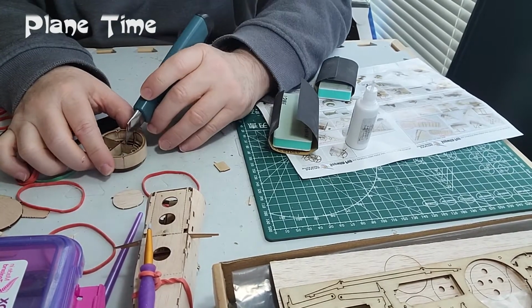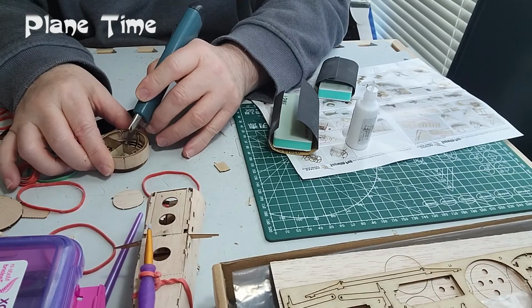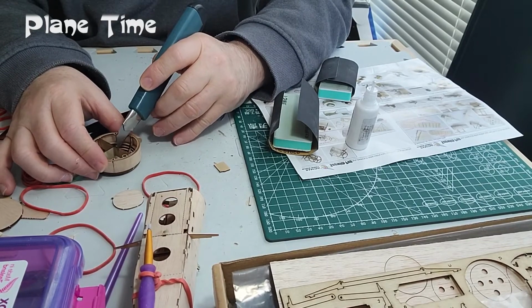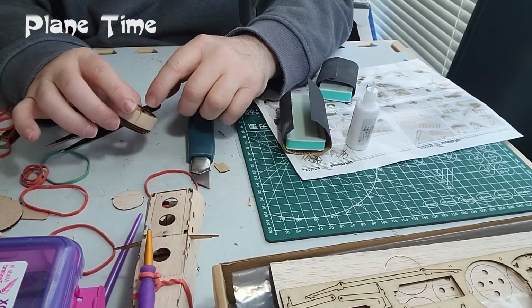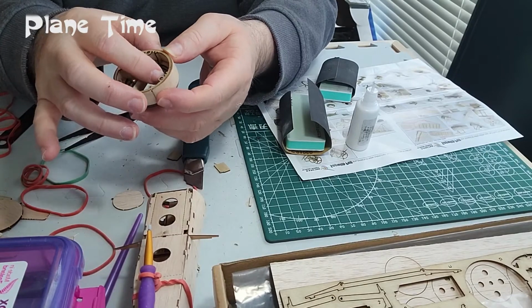You need a nice sharp knife. This is a brand new one, just happened to have a brand new one lying around, which is where I came up with the idea. And then you just want to slice that through. Have a nice piece. Of course, be careful not to cut your fingers. But there you go. It basically slices through,